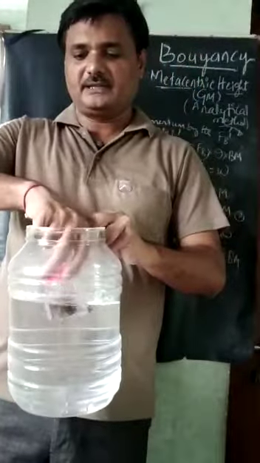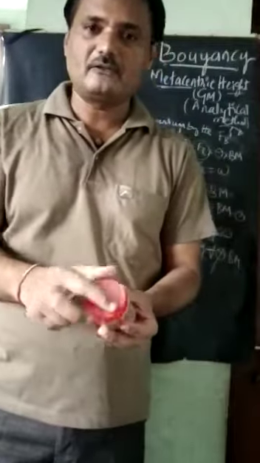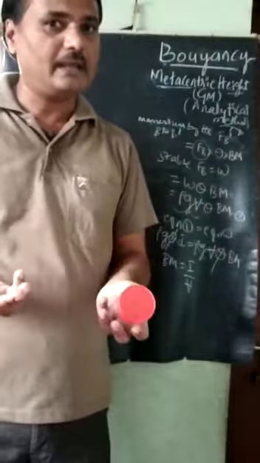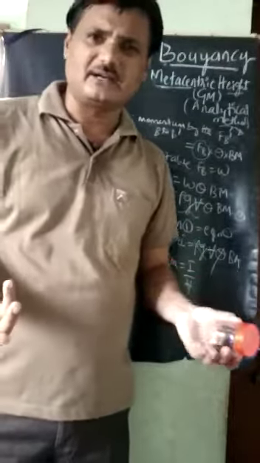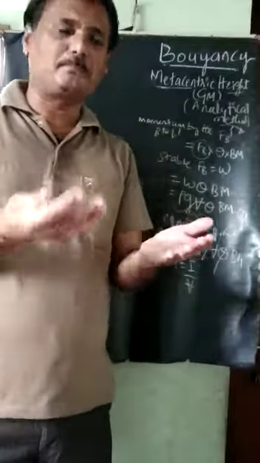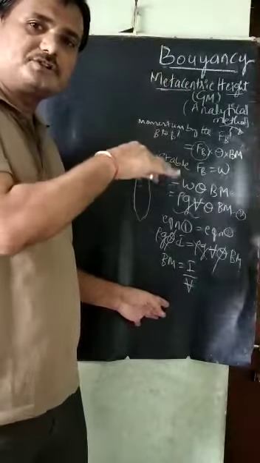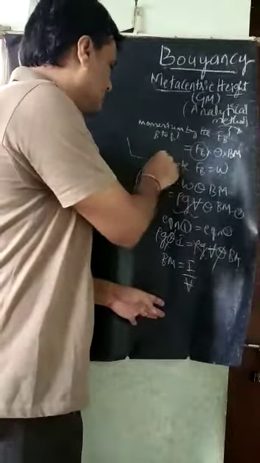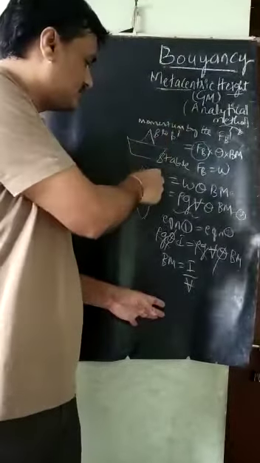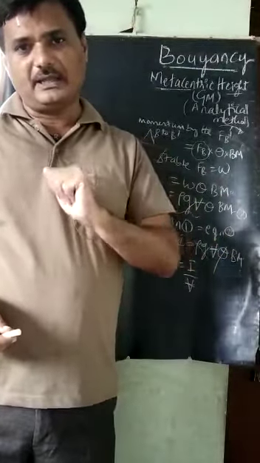If the shape of the surface is a circle, for example, this is a body that is floating here like this. Then the surface is a circular surface. This surface may be a triangle, a rectangle, a trapezoid, like that. It may be any kind of shape. In the case of the ship, the top surface of the ship is like this. That is the surface. It is tilting here now.